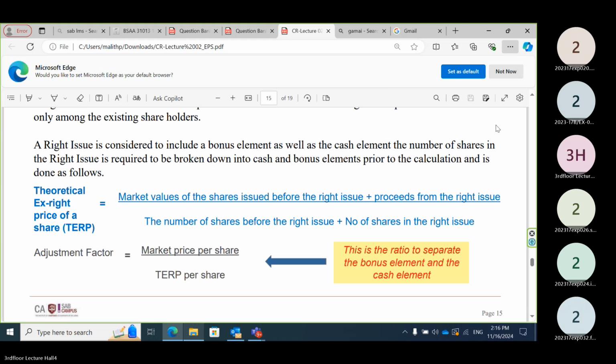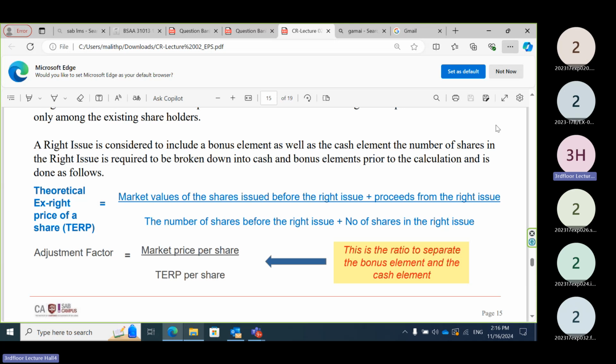Right. Third calculation. Theoretical ex-rights price. In a RI, rights issue scenario, we have a set of ordinary shares previously available, right? And then whatever shares we are going to issue, for 5 shares we are issuing 1 share. It means rights issue 100 shares. 100 shares we are issuing